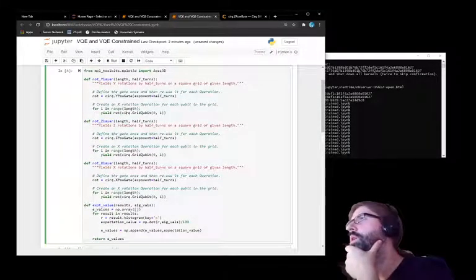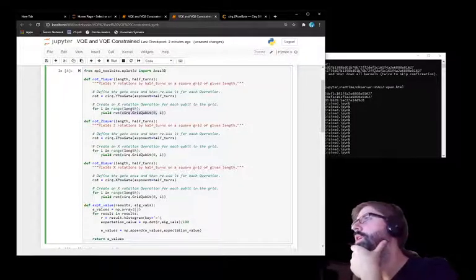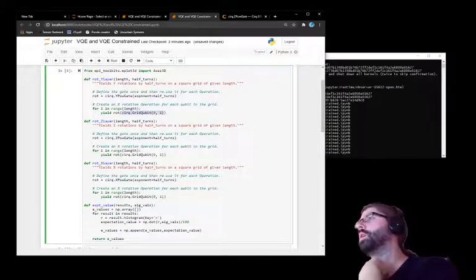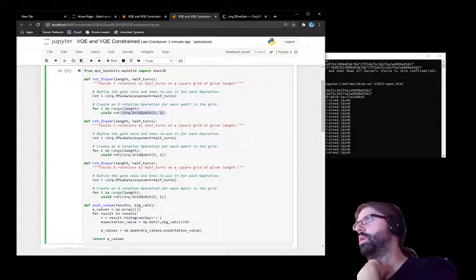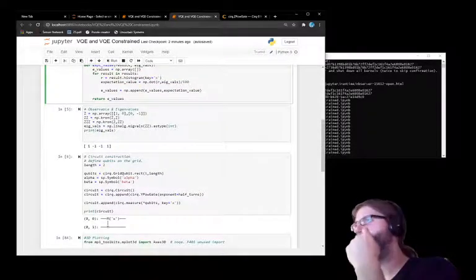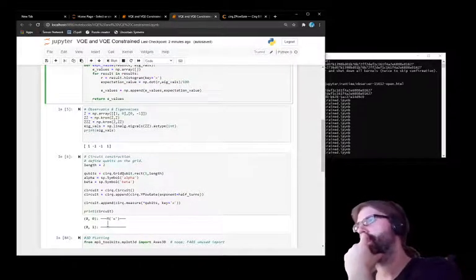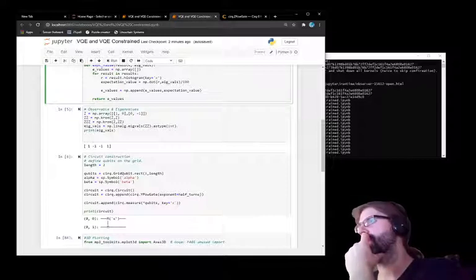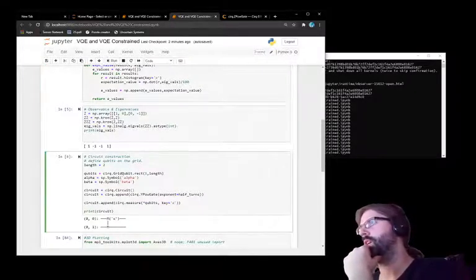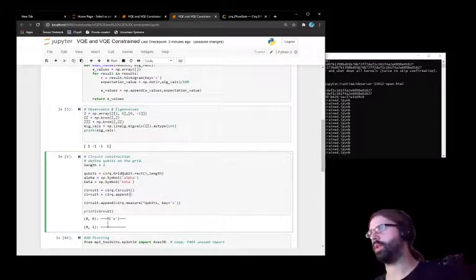It's doing a Y rotation, and then you call the qubit. Okay. So what if I just say, well,